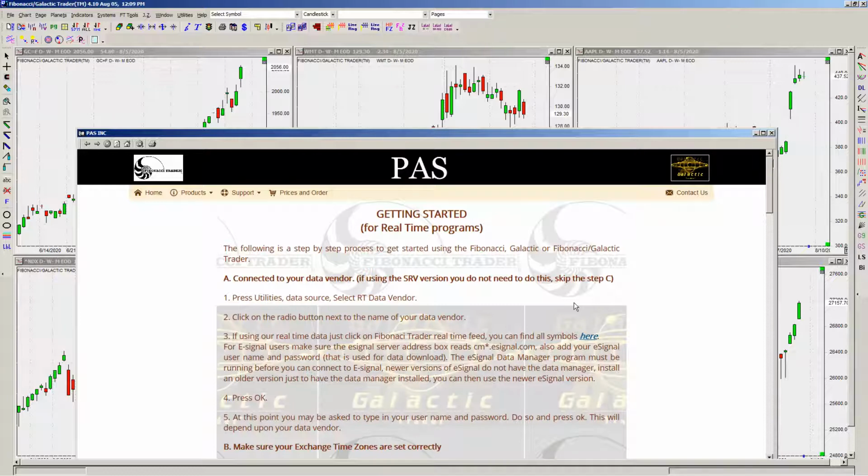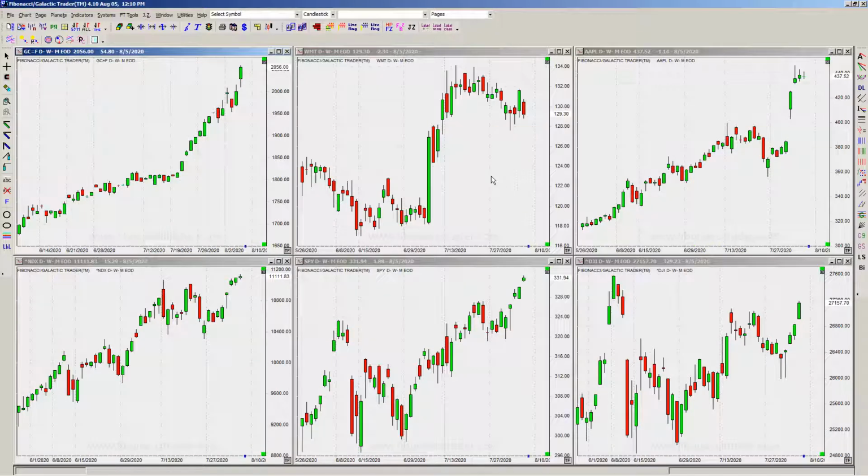Then on the real-time version, when you start the program for the first time, you'll see a screen like that, with some charts in the background and the getting started text and information in the front. You can read the information or watch the video as you're doing right now. The first thing you're going to do is choose your data vendor. You're going to come to Utilities, Data Source,